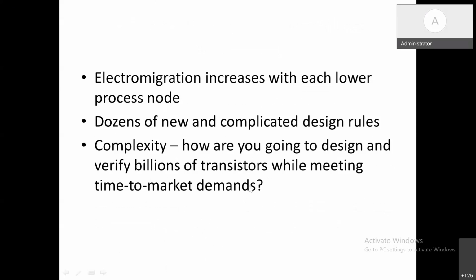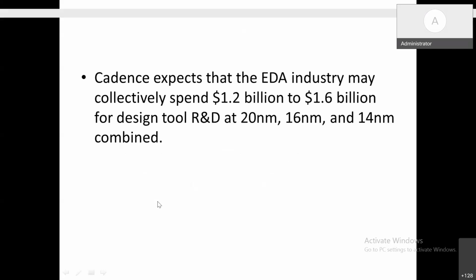In the technology we are talking about, especially in terms of billions of transistors we are going to fabricate in 16 nanometer or 14 nanometer, or we can say 2 nanometer. In 2 nanometer, around 333 billion transistors are going to be fabricated. So that is the complexity which is going to be there. These are some of the challenges.